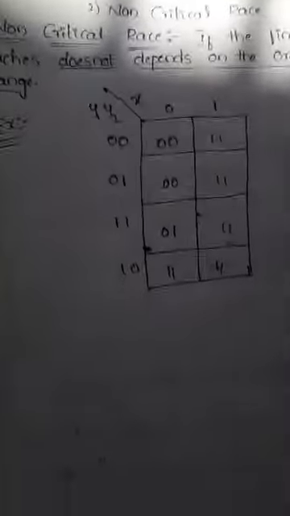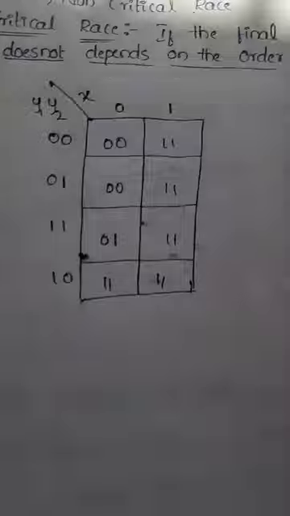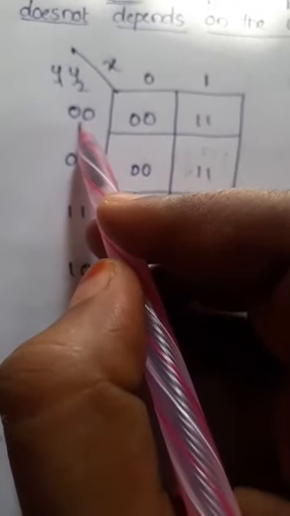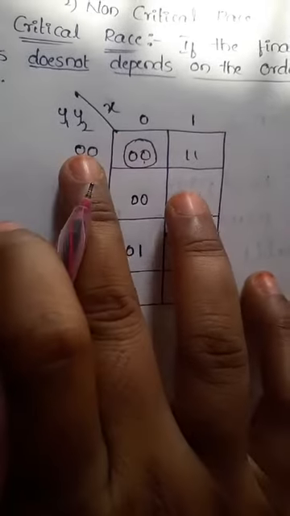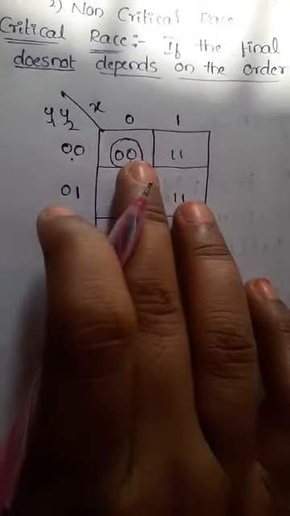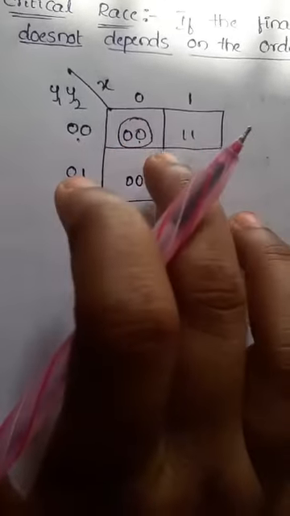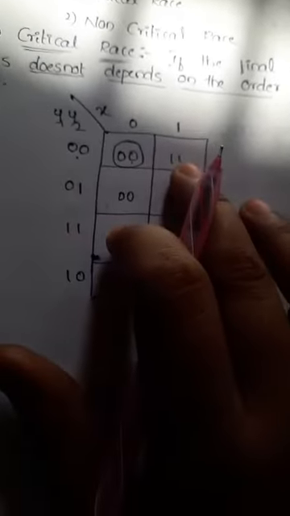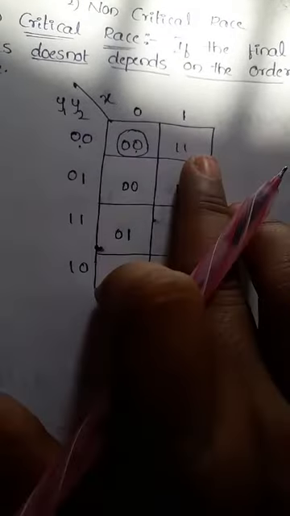Now we will check which rows have the stable conditions. Here this is the present state and these are the next states. So now we'll check it. The present state here is 0 0, and the next state of the first cell is again 0 0. That means this is a stable condition. The present state is equal to the next state, so the stability condition is satisfied here. So we get one stable condition, which is encircled in that cell. Now come to the second one. Here the present state is 0 0 and this is 1 1, so that is nothing but an unstable condition.